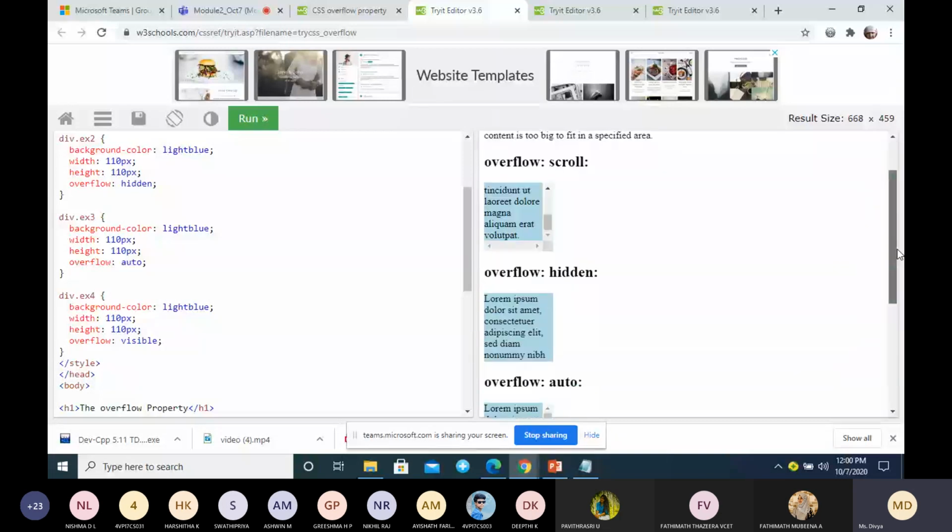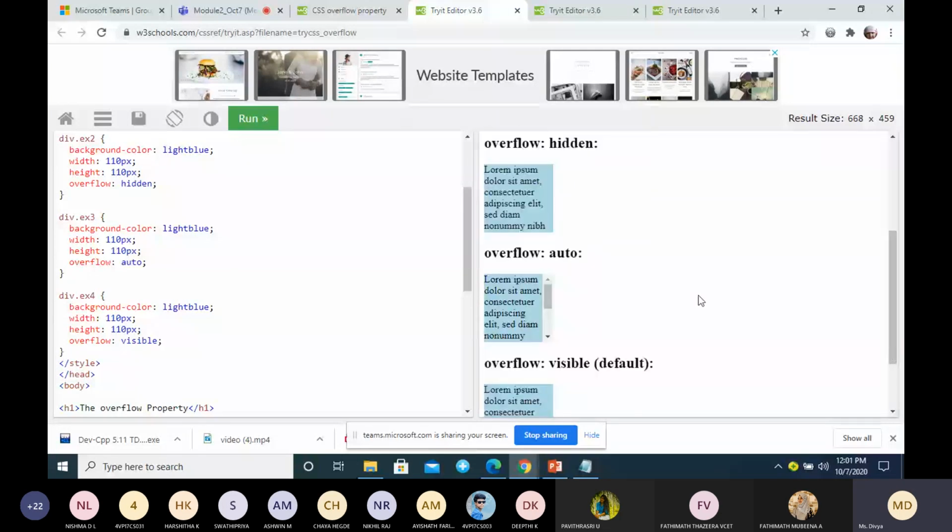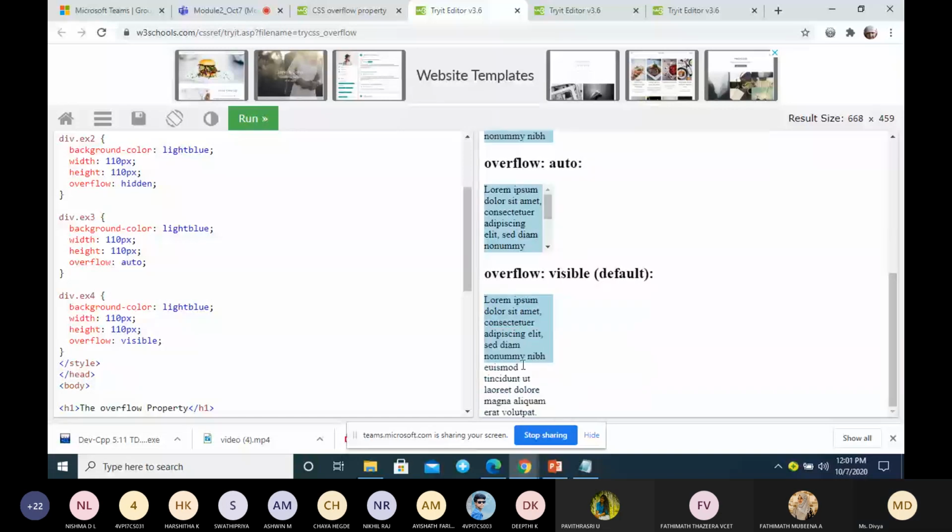Next one, overflow hidden. In overflow hidden, you don't get any scroll bar. The content will be hidden. Only the text which fits this window will be displayed. The remaining text will be hidden. Next one is overflow auto, that is the default. Next one is overflow visible. You can see here this is visible.